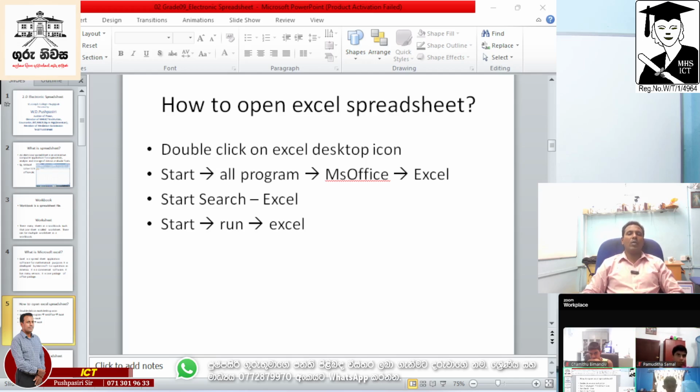The way that you can go. If you don't have the icon on the desktop, that doesn't mean that you can't open Excel. No, you can. You can go to Start and search by typing Excel. Another way is Start, Run, and then Excel. What is Run? You can get Run